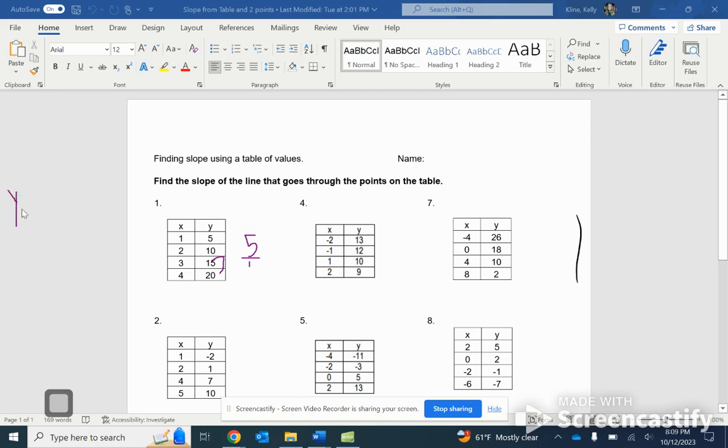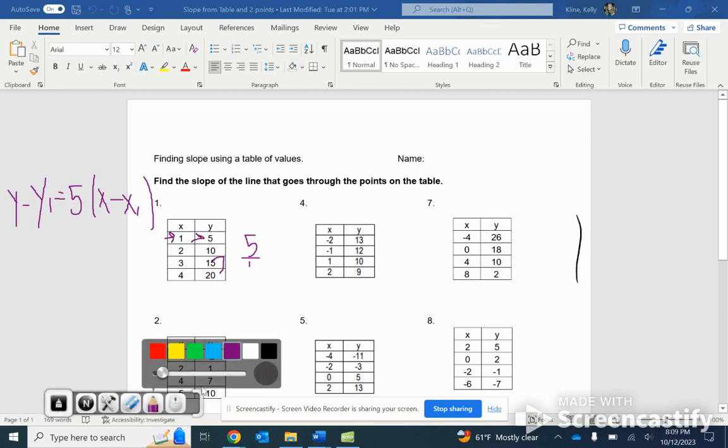y minus y1 is equal to your slope, which we just found out was 5. So we're going to put the 5 there, times an x minus the x1. So pick a point. Let's say we just pick this point, this 1 and this 5. Okay. And so what we do is we plug it in exactly the way that it looks. It's going to be y, and the point that we're using, the y is 5. So y minus 5